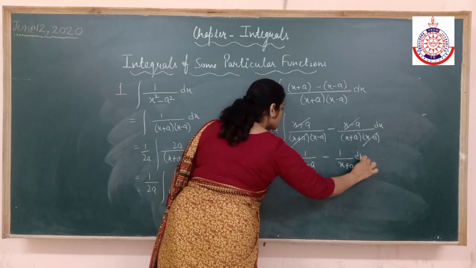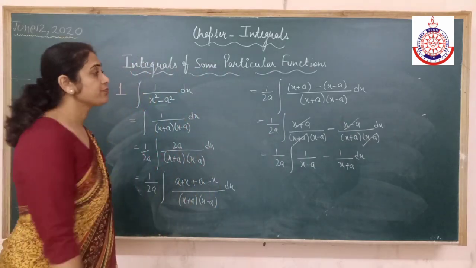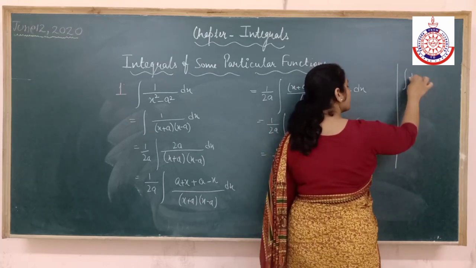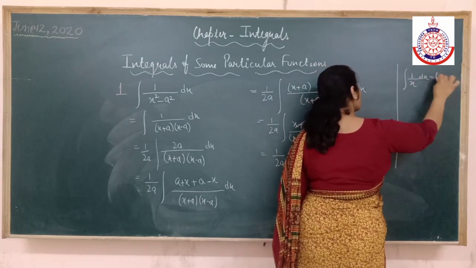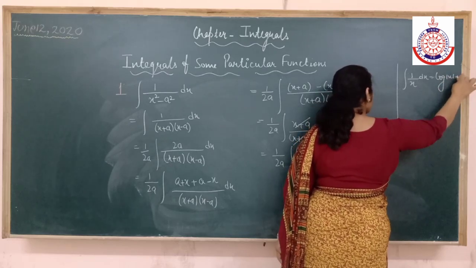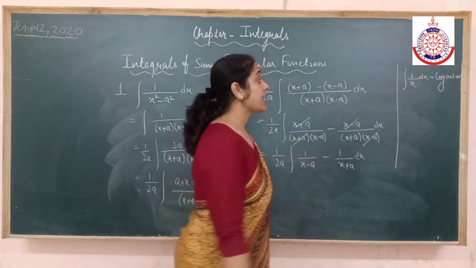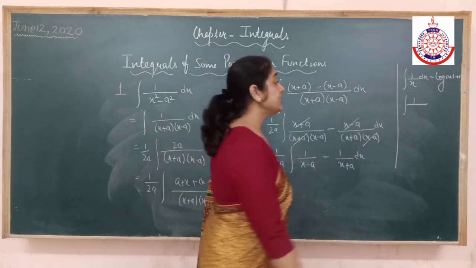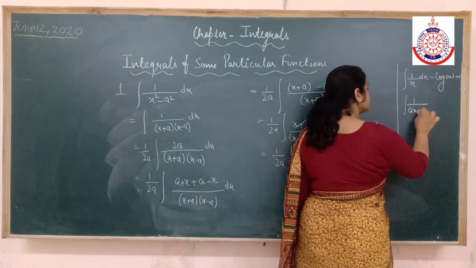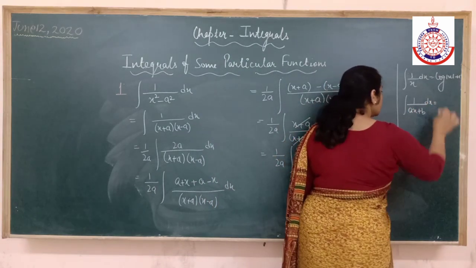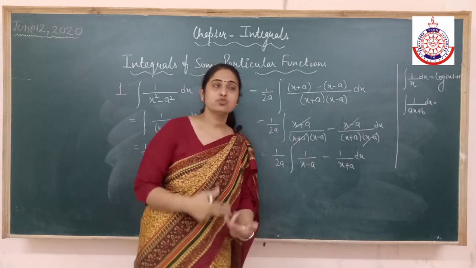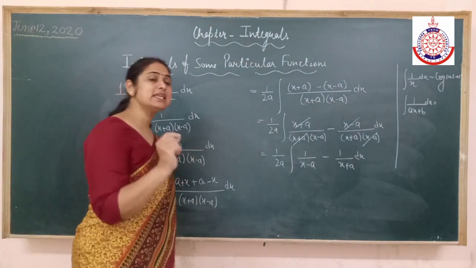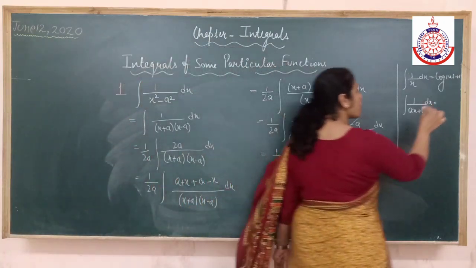Now let's correlate which form of integration it is. We know the form. Remember, we have done the integration of 1 upon x. What is the integration of 1 upon x? Log of x plus c. So whenever I have 1 upon a linear factor, say 1 upon x plus 2, 1 upon 2 minus x, 1 upon x plus 3, anything, if it is 1 upon a single linear factor, the integration is always log.